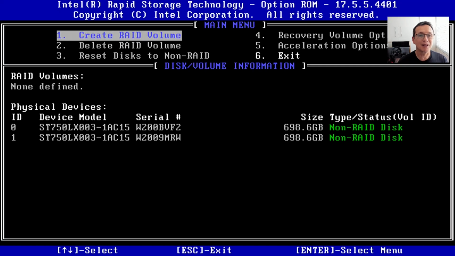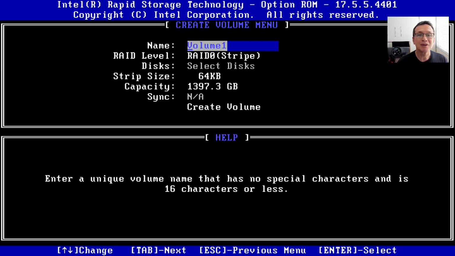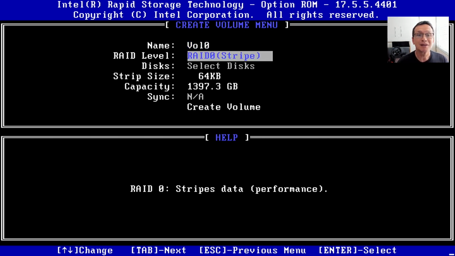Okay, Control I. So we've got our two drives, and we want to create the RAID volume that we're going to call volume 1 is fine. No, I like vol 0. And it's going to be a,